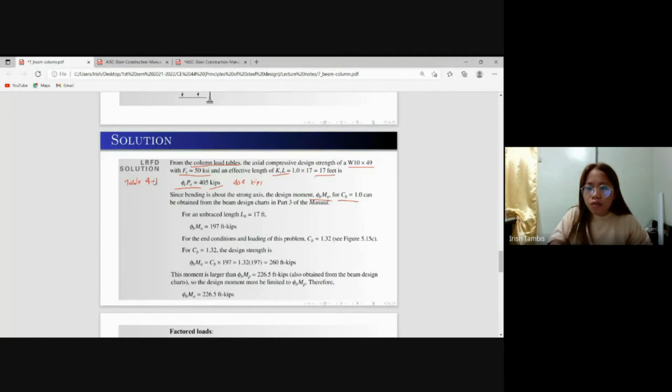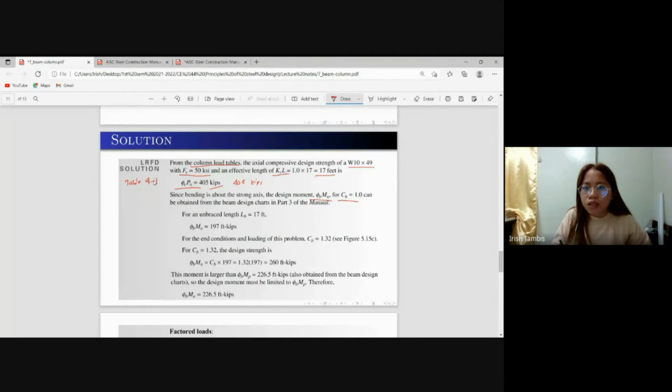But in the table, first we have to see what is the value of this phi sub b. Then later, pangitaon na to ang iyang true C sub B, which can be obtained from the manual. This is part 3 of the manual. Now, for the unbraced length L sub b, so this one,